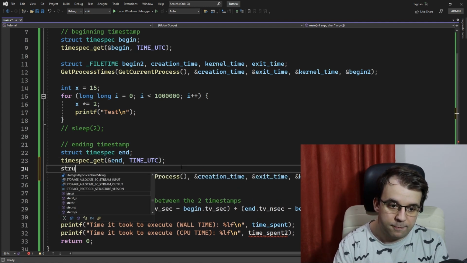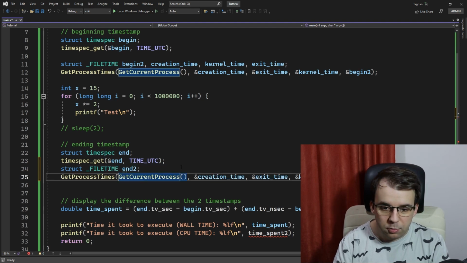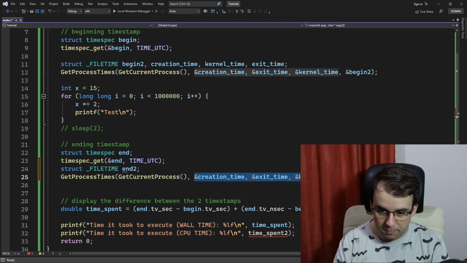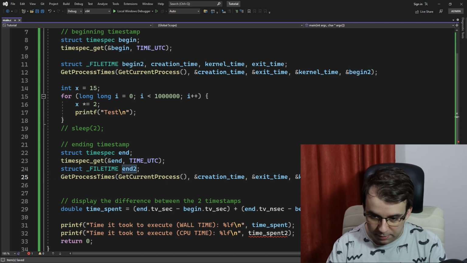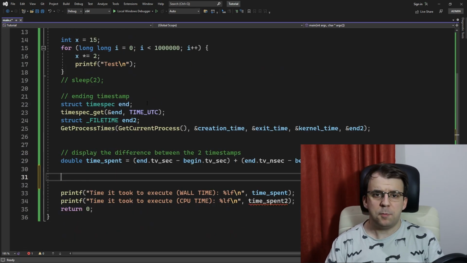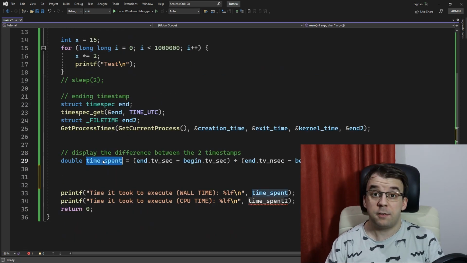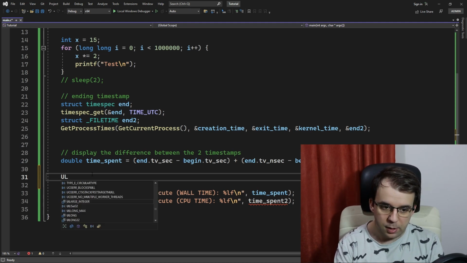Here I'm gonna actually define file time end_to, and because I don't care about these other variables, I'm just gonna reuse them, of course, and just gonna pass in end_to here. Perfect. Now we need to calculate this time spent here, and here's where it gets a bit more involved. Here we have to define a couple variables, and one of them is going to be of type